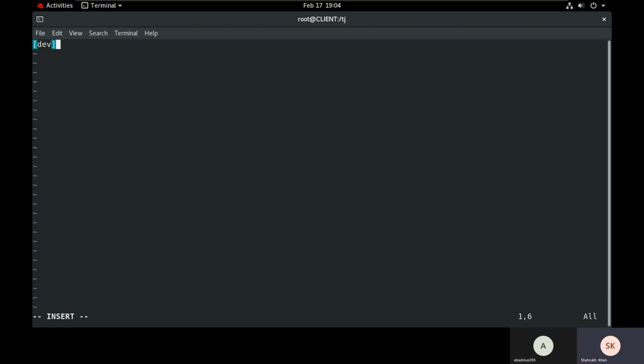First, let's create a group dev. Second, let's create a group test. And third, let's create AWS. In dev, we are gonna keep the server, which is the CLI machine. In test, we are gonna use